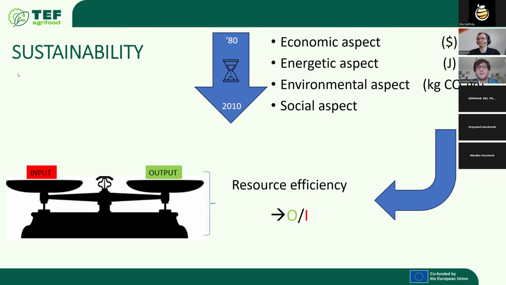As the importance of sustainability has arisen since the 80s, starting from economic sustainability through energetic sustainability, and in the last decades to environmental and social sustainability, ways of quantifying this factor have also arisen. LCA is the most widely used of them, and although originally it was developed for industrial processes, over the years it is increasingly applied also for agri-food sectors to evaluate the potential environmental effect related to a production.